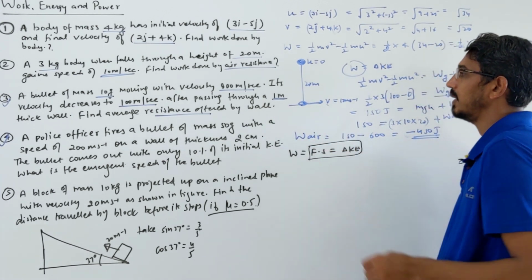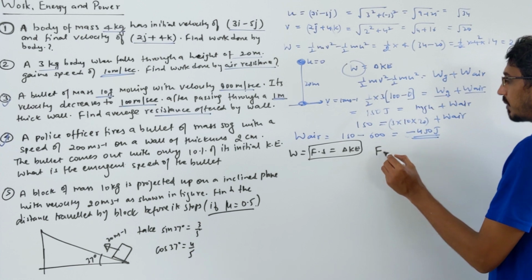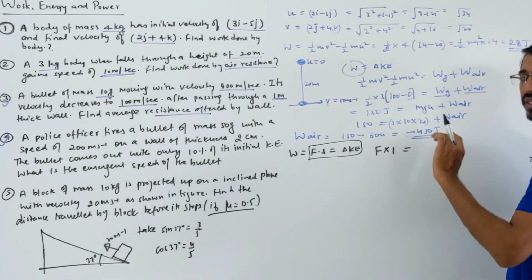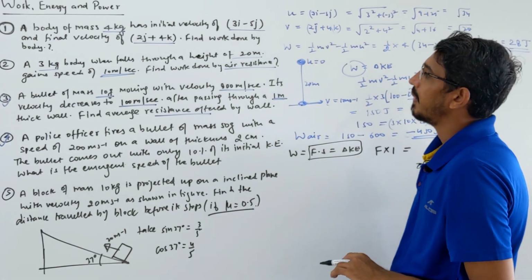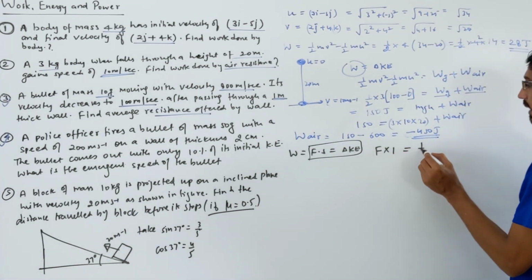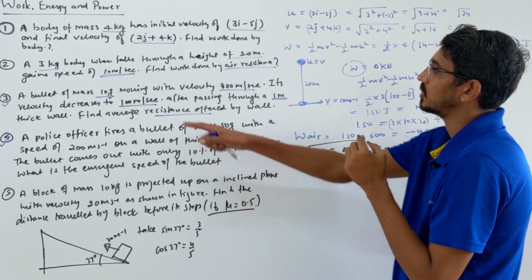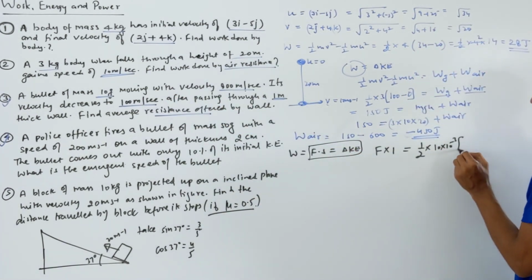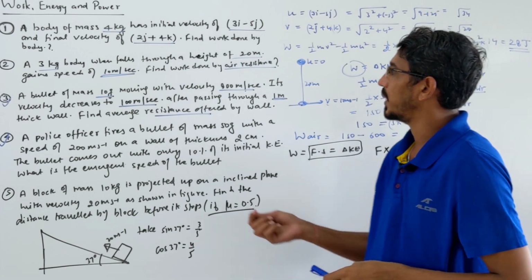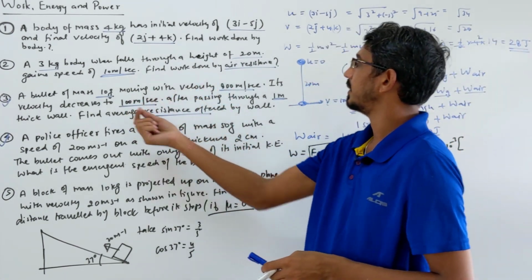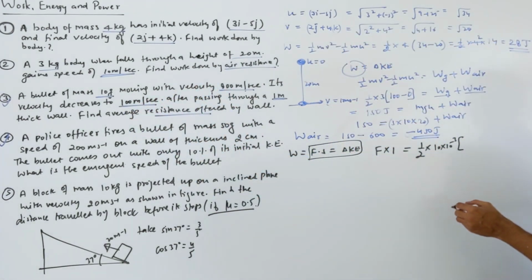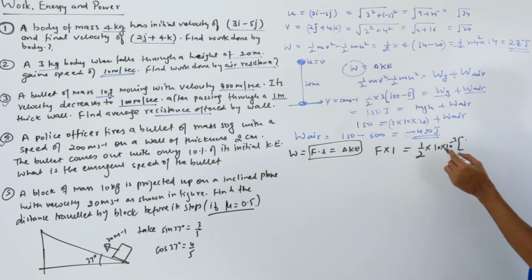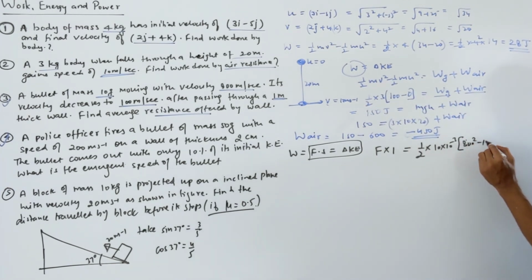The force of resistance we have to calculate, and the displacement is 1 meter, that 1 meter thick wall. Taking half m common, the mass is 10 gram, which is 10 into 10 to the power minus 3, and v square minus u square, so I am taking 800 square minus